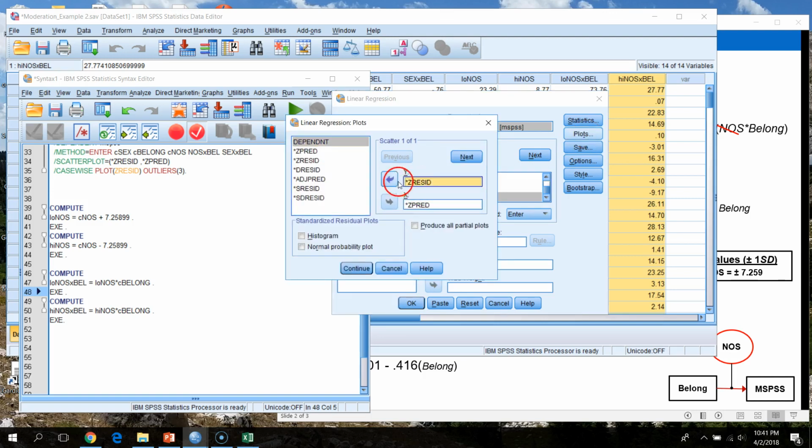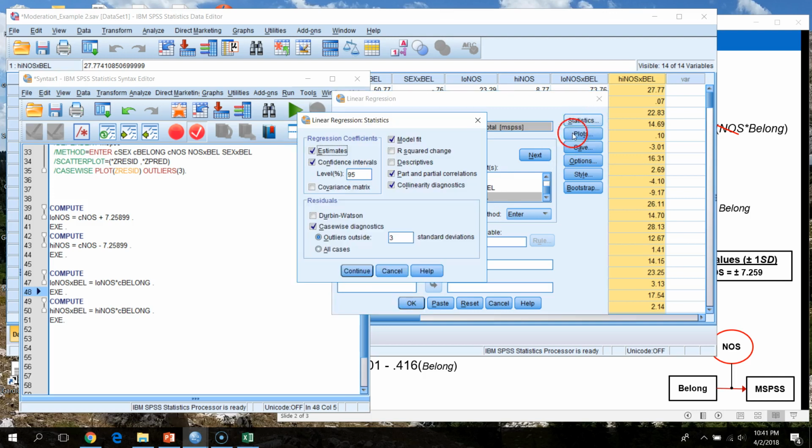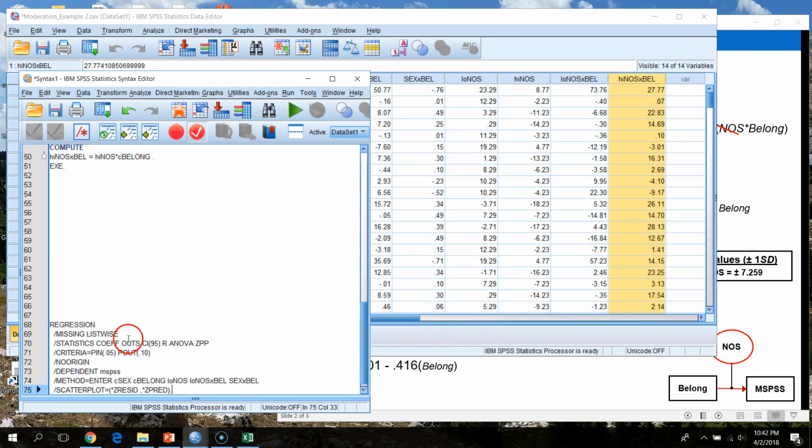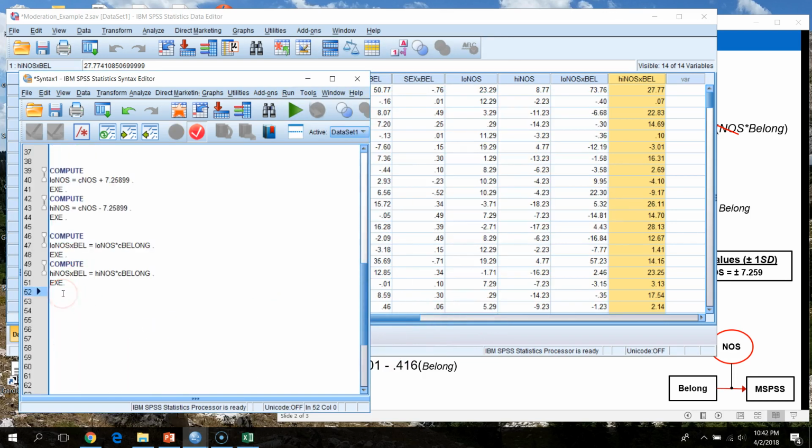So plots, I don't need plots. Don't need collinearity diagnostics or case-wise diagnostics. I don't think I saved anything here. No. Okay, so what I'm going to do is paste this in. And so we can see,